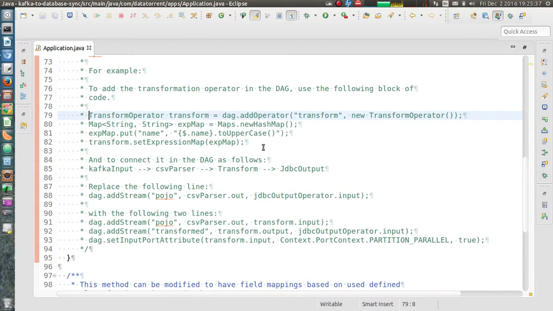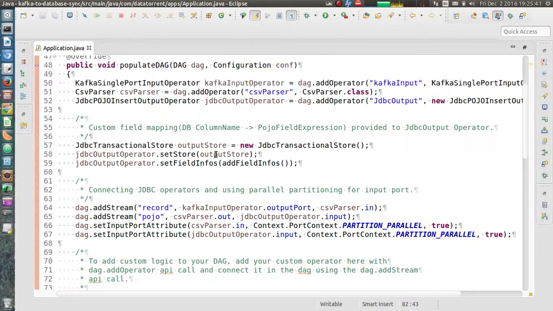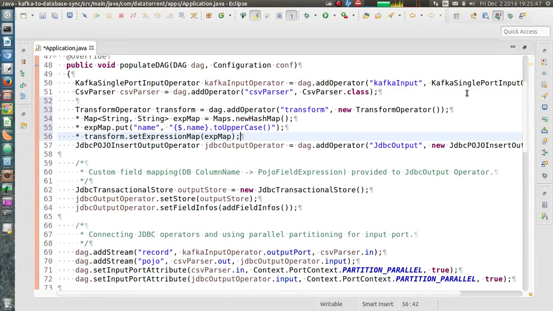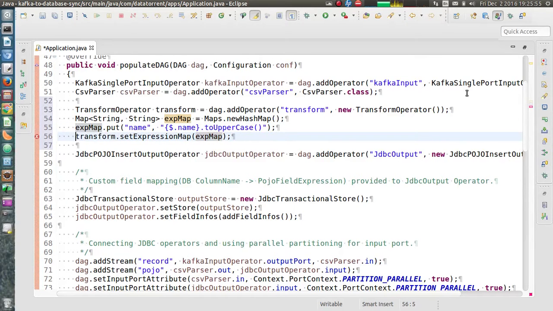So for that we will use these 4 lines. In the transform operator we are saying that we want to transform the incoming object in such a way that the name field from the incoming object should get converted to uppercase.